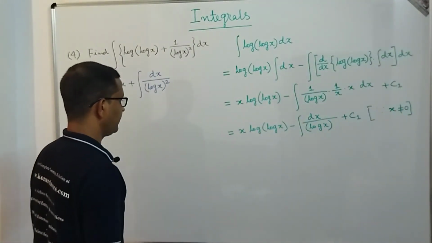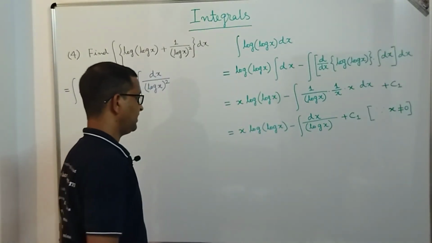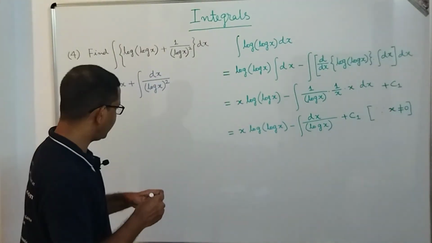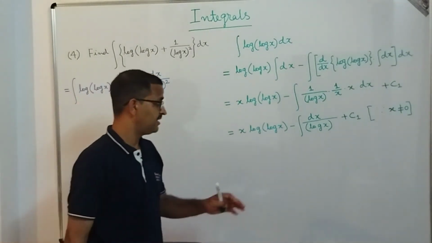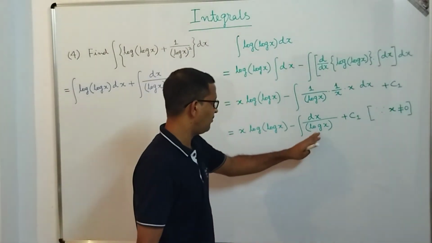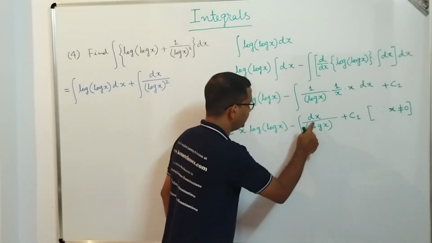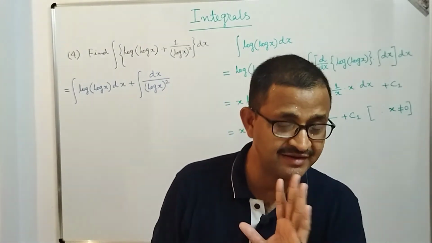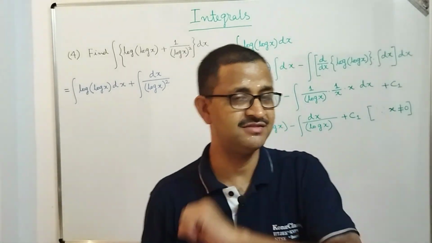Now dear students, we need to concentrate on performing that integration of dx by log x. Okay, why so? You may think, sir, why you are not performing that integration of this one, dx by log x whole square? Let us perform this integration, then you will see that 1 by log x whole square will come. While performing the integration of dx by log x, 1 by log x is the one function which is not directly integrable. So we should consider that function as the first function and 1 as the second function.